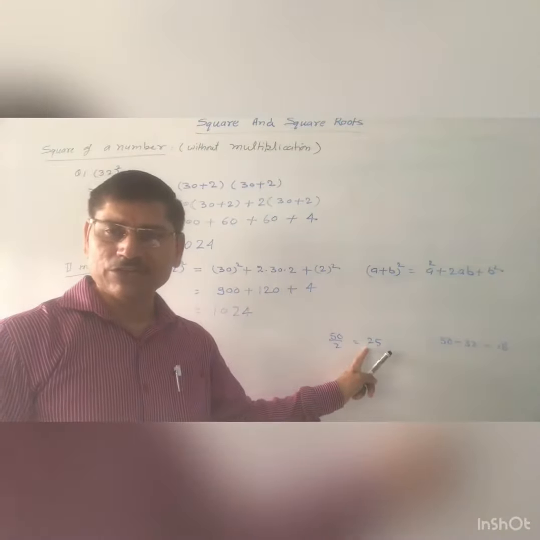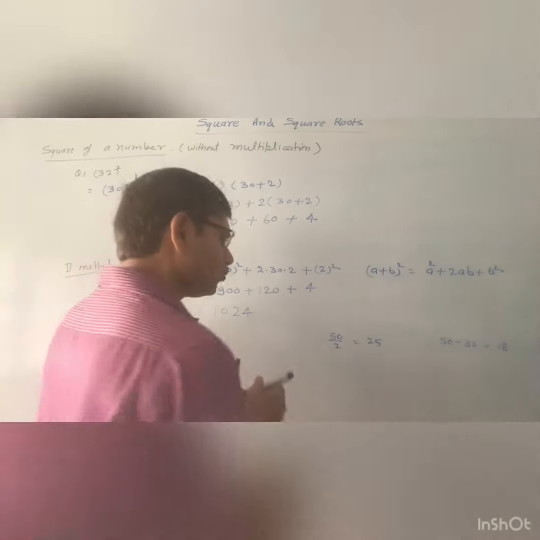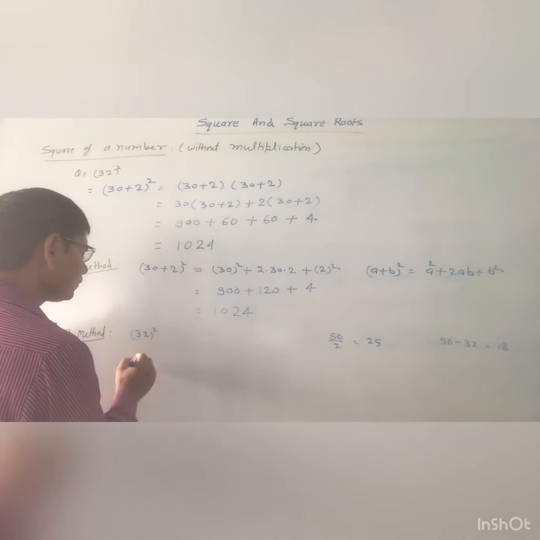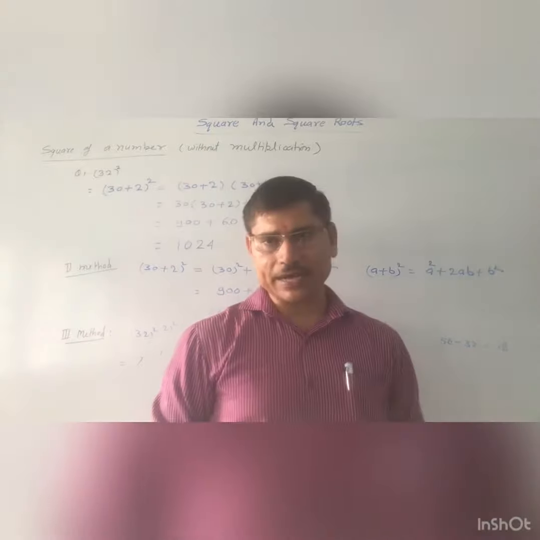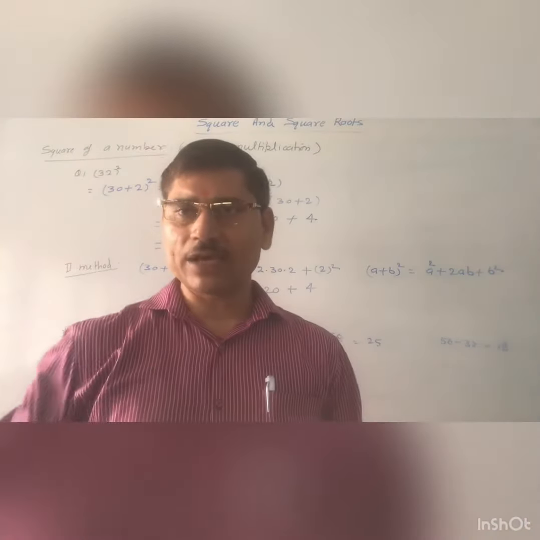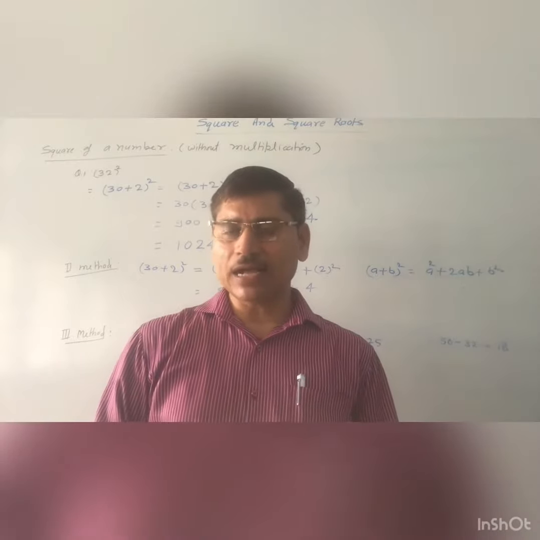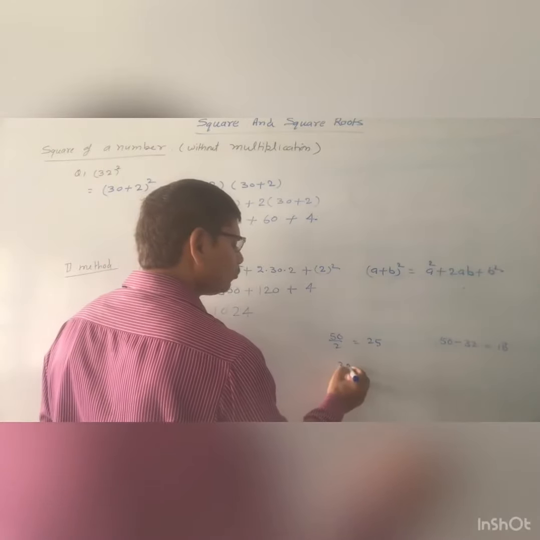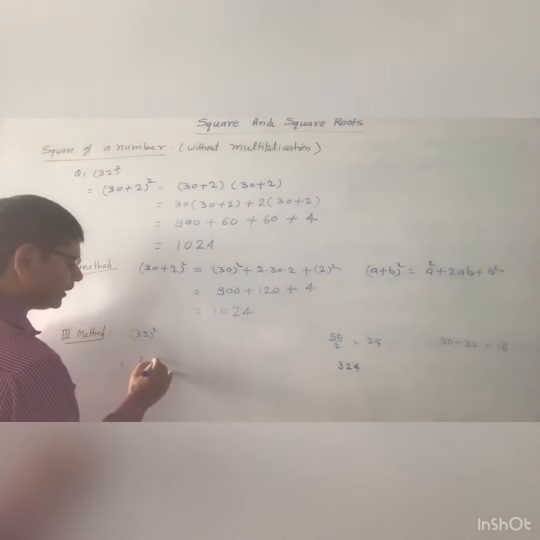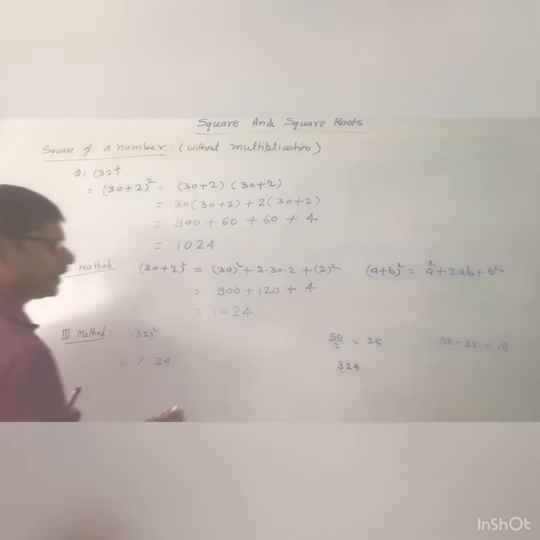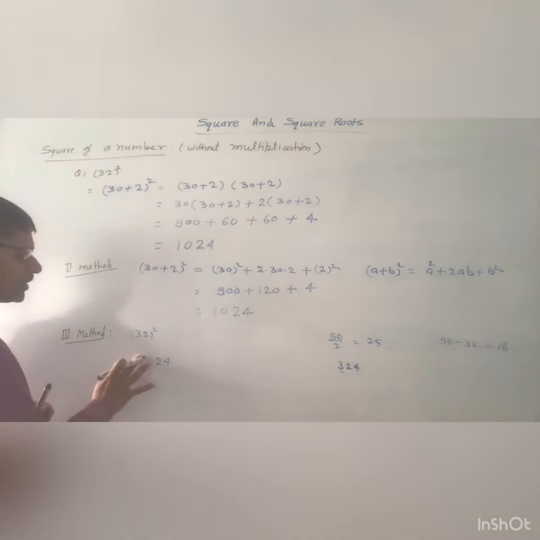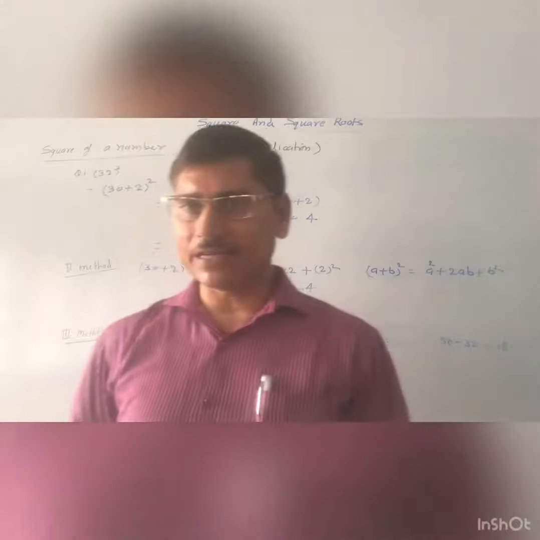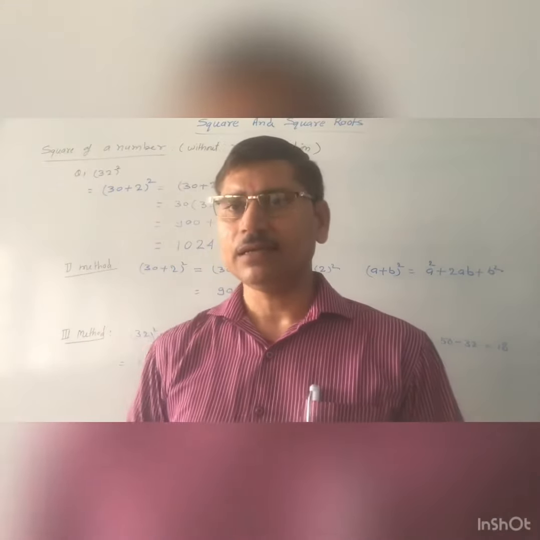फिर 25 में से 18 माइनस करेंगे तो क्या मिलेगा? 7. तो आप यहाँ पे 7 लिखेंगे और इसके बाद 18 का स्क्वायर कर लीजिए. ठीक है, 18 का स्क्वायर करेंगे, इनका स्क्वायर तो याद ही होगा। 18 का स्क्वायर कितना होता है? 324। तो आप 24 तो पूरा लिख लीजिए, और ये 3 आपका होगा कैरी, ये कैरी 7 में ऐड कर दीजिए, तो 7 और 3 कितना हो जाएगा? 10।